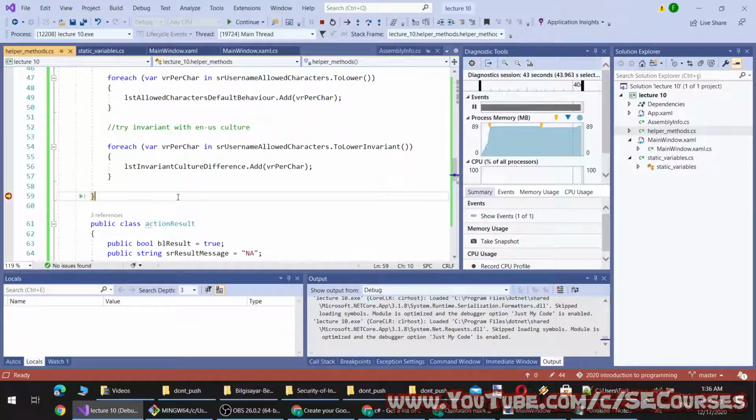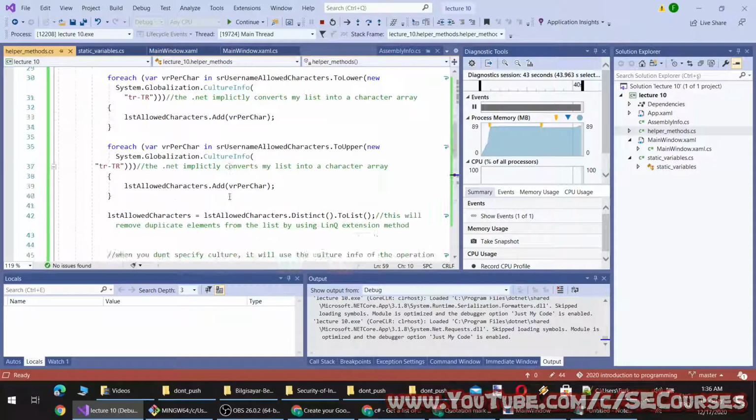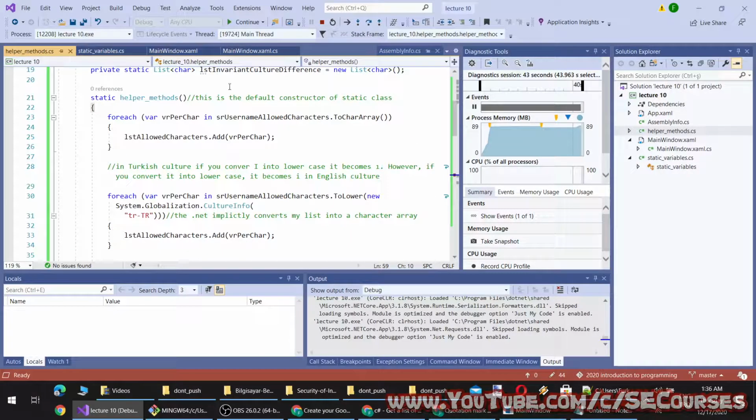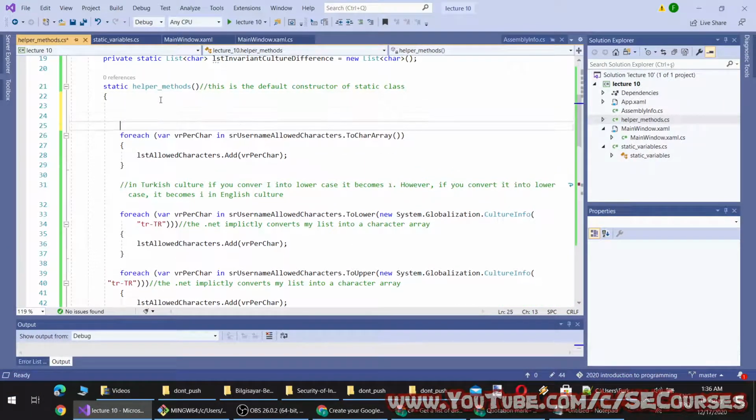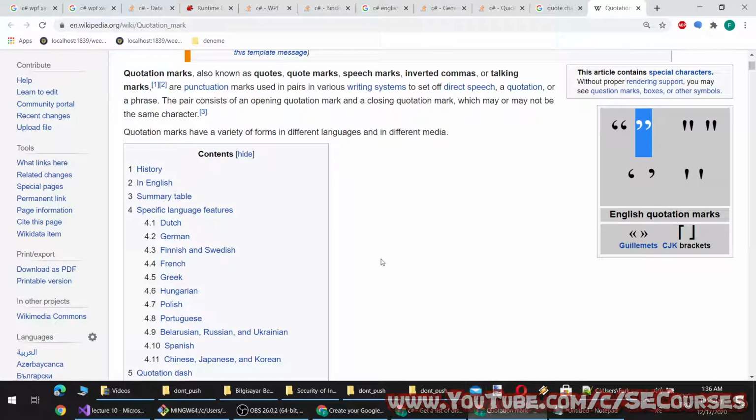To have synchronization between different devices with different cultures, you should specify the culture yourself. An alternative way would be setting the culture of the entire method itself. We can set it like this.